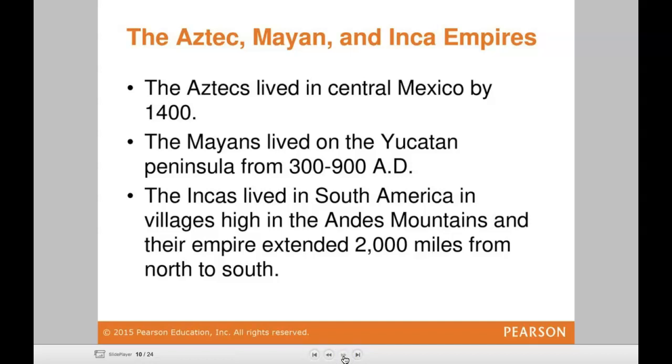The Aztec, Mayan, and Inca empires. The Aztecs lived in central Mexico by 1400. The Mayans lived in the Yucatan Peninsula from 300 to 900 AD. The Incas lived in South America in villages high in the Andes Mountains, and their empire extended 2,000 miles from